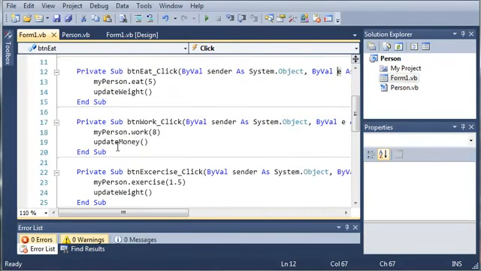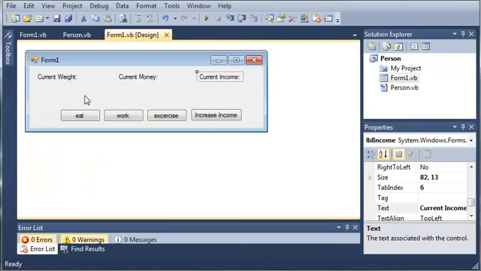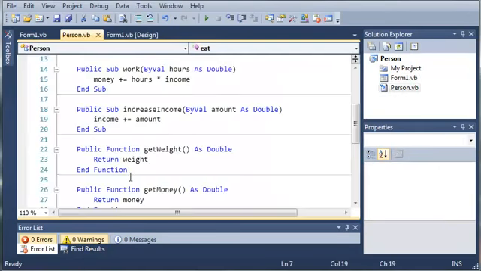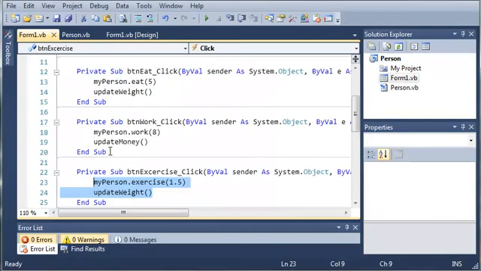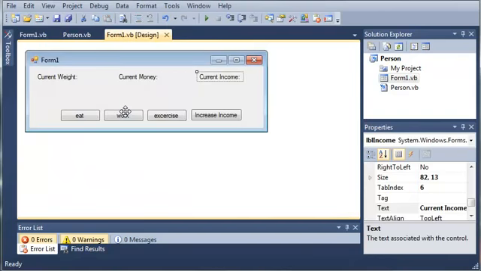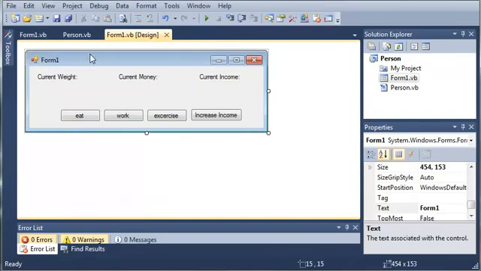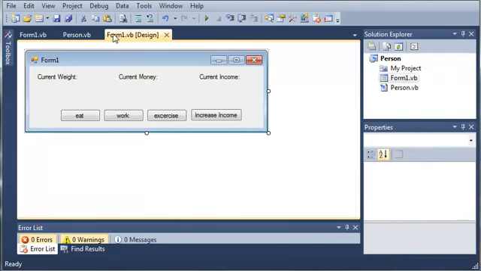So if you haven't typed this code in, go ahead and do that. I encourage you to add text fields so that you can get values to exercise or to work or to update the income, so that it's not a default value. And then once you've done that and once you understand what we're doing, go ahead and move on to the